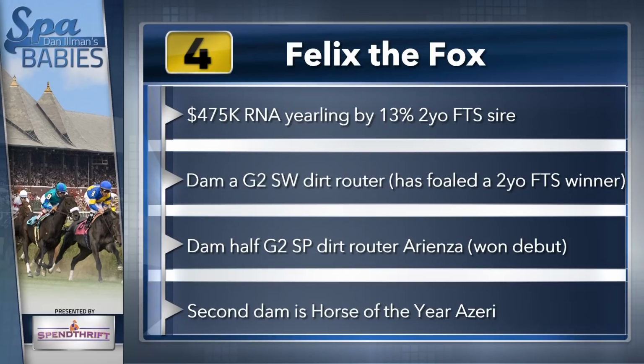They've certainly continued to emerge as they got older as well. Wine Princess, such a good, hard-knocking route mare. Felix the Fox, a homebred, trained by Shug McGaughey. You've got to think they're going to play the long game with him. I think this is going to be a classy horse, but I do think he's going to appreciate some more